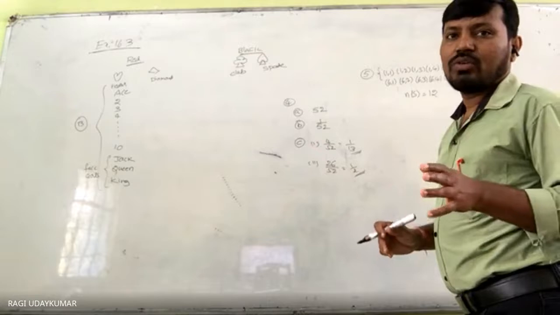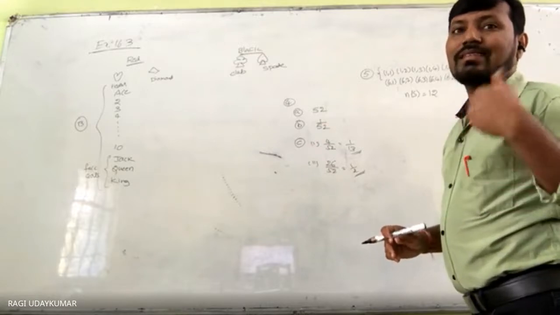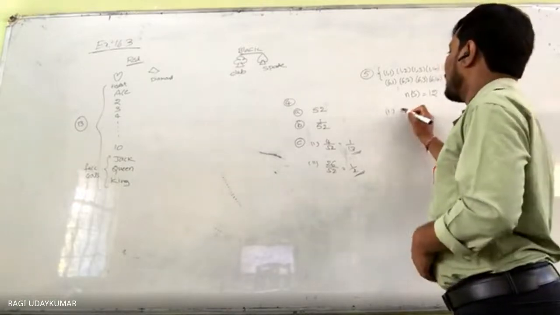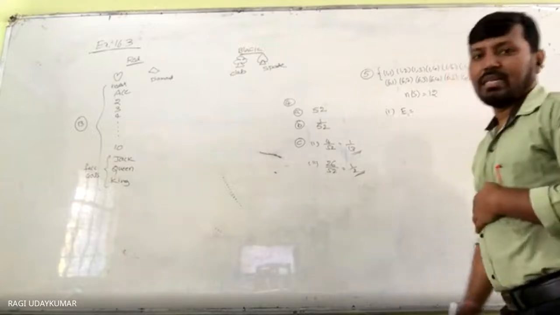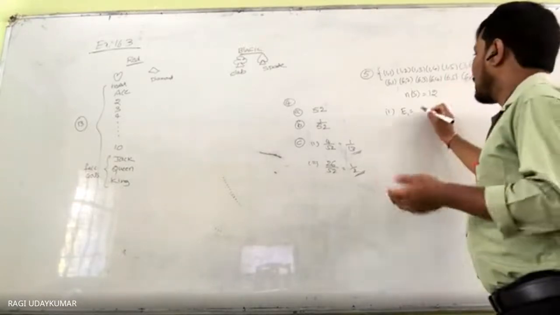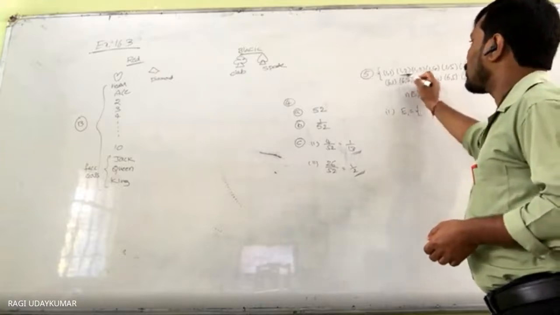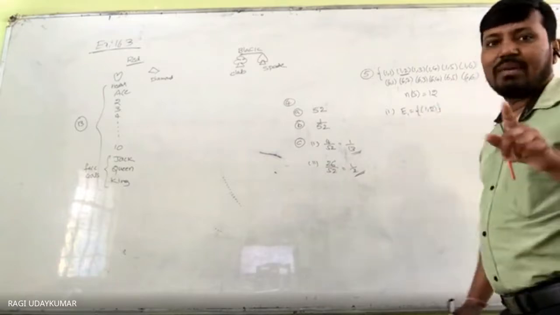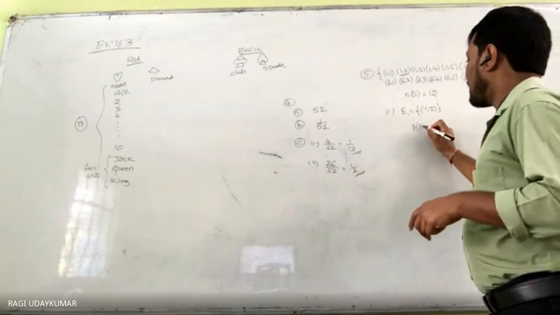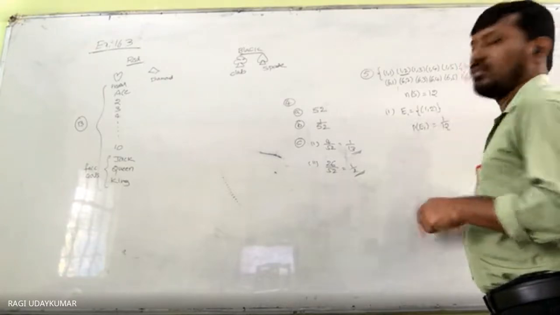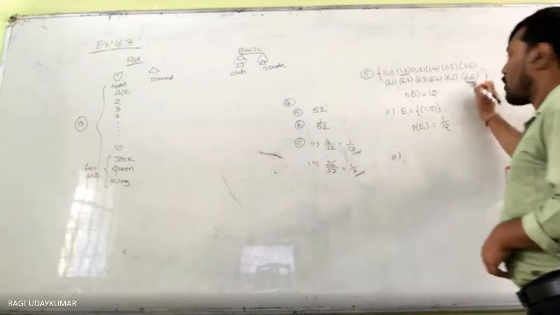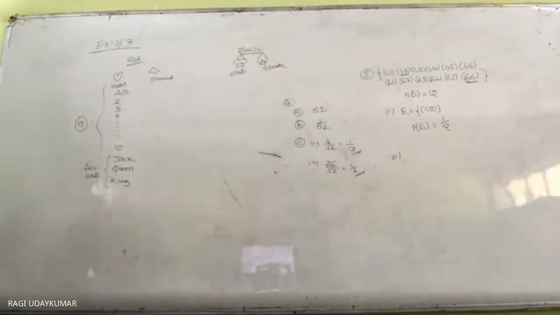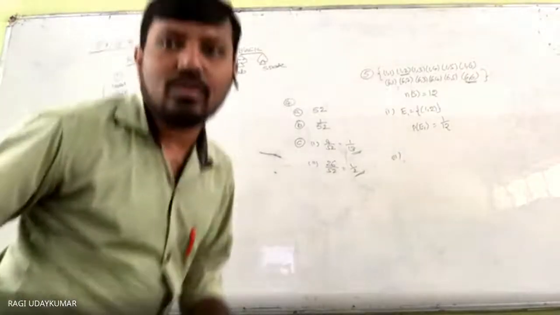The first question is asking about an event: the sum should be exactly 3. So consider the probability of getting sum 3 as E1, because the second question is the probability of getting 12. So E1 is equal to what? Sum 3 means only this one is there, so only 1 comma 2. Only one outcome, so the probability of event E1 is 1 by 12. Second, the probability of getting 12 means 6 comma 6 is there. Only one, so that is also 1 by 12. Like this, each and every question and different situations are given to you.